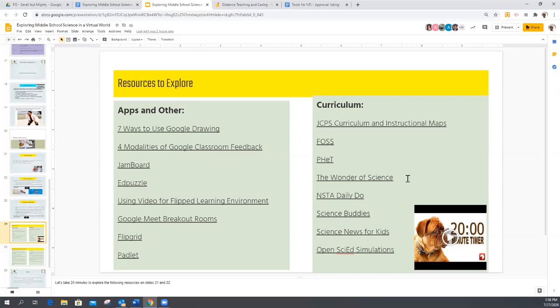I've noticed, Charlotte? Yeah. Sorry to interrupt, but during the break, I went into the FOSS and looked, and they have opened up all of their next gen books. If you go to your My Teacher page, the code is on that page. They've opened up all the ebooks for the next gen through December. Awesome. Thank you for that, Michelle. A lot of people will be interested in that.